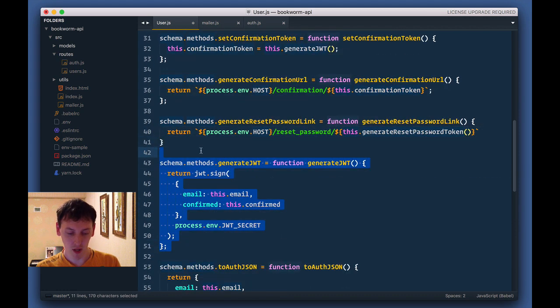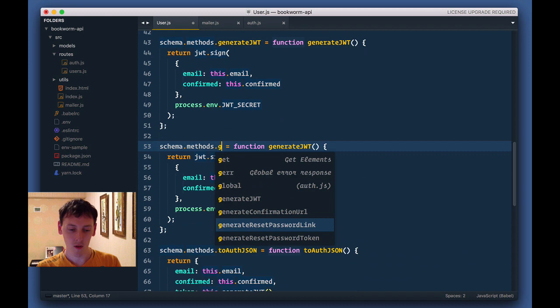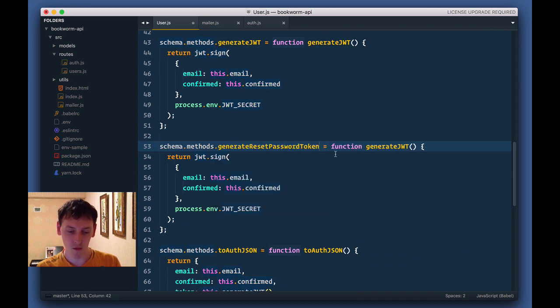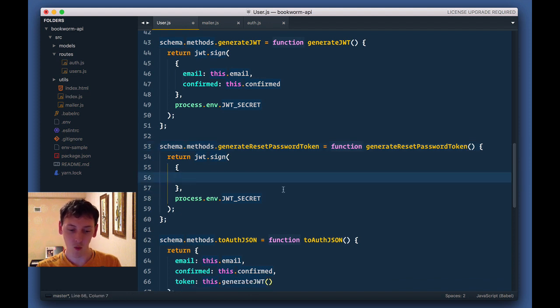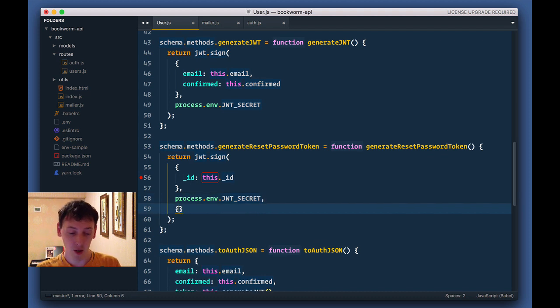It will be almost the same as this one. So generate reset password token. And we're gonna sign it, but we're gonna sign it with just one thing, with ID equals this ID. We'll have the same secret, of course, but here we'll add another option that is expires in, and we set 1 second. So this way we can check for invalidness, and then we'll make it a little bit more realistic,